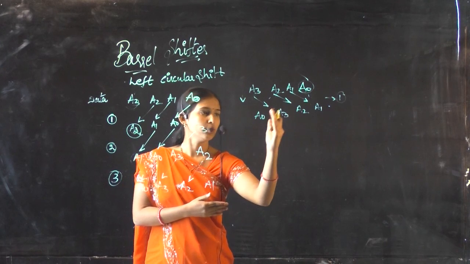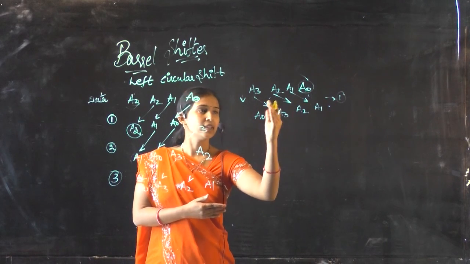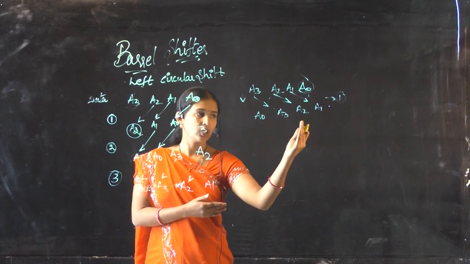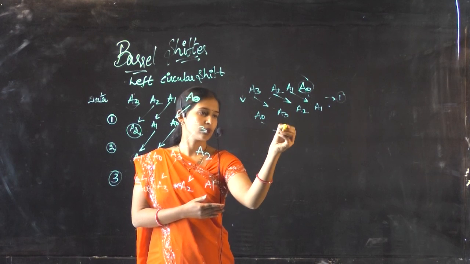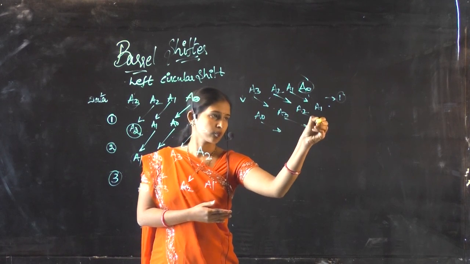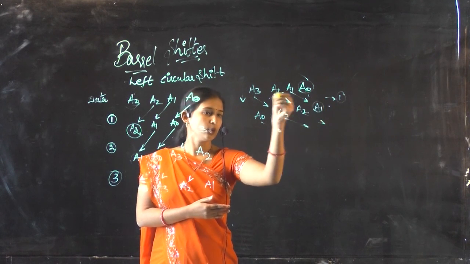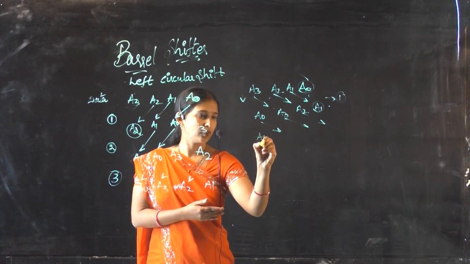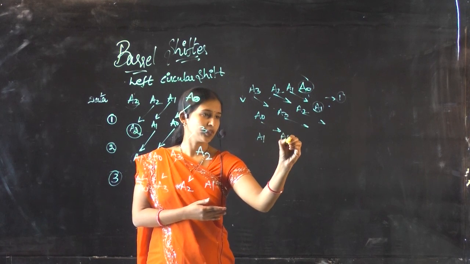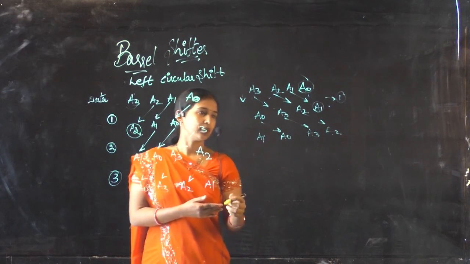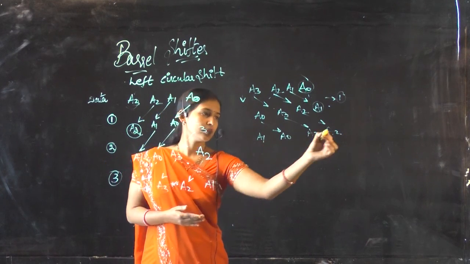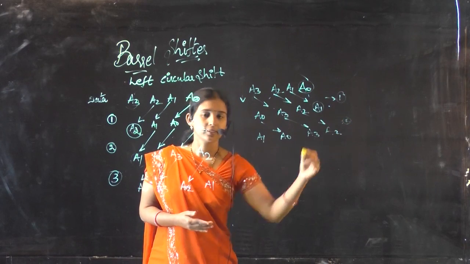All the bits are moving towards your right, and it is only a one-bit shift, and that too circular. Again, for the second shift, this A1 will be moved here. So I'll be getting A1 here, then A0, A3 and A2, like that. This is your second shift.